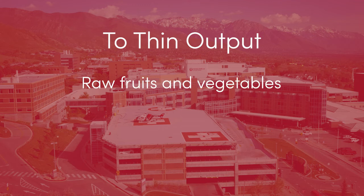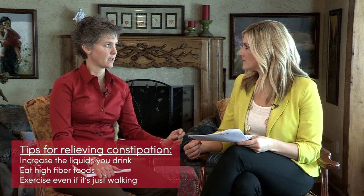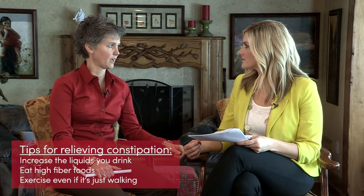Can you get constipated with an ostomy? It depends on how much of the intestines has been removed, but yes, you can, or it can be thick enough and fibrous enough that it doesn't go through your stoma like it needs to. And so yes, you can get a blockage or even a partial blockage of your intestines if you're not chewing your food well and if you're eating a lot of rough foods that are hard to digest